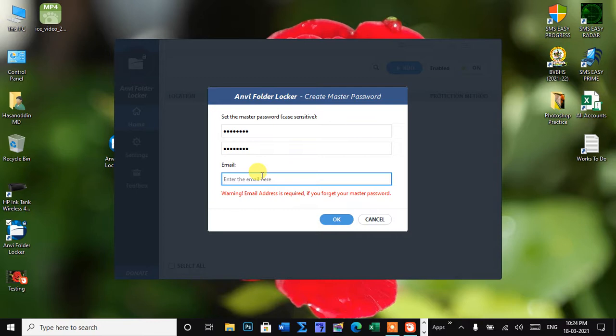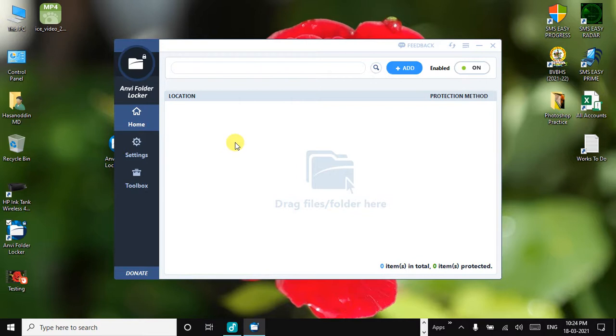Next, email also you have to give. If you forget your password, you can retrieve it from the email you have given here. So we can give an email ID. Now click on OK. So this is the home screen of the Anvi folder lock software.